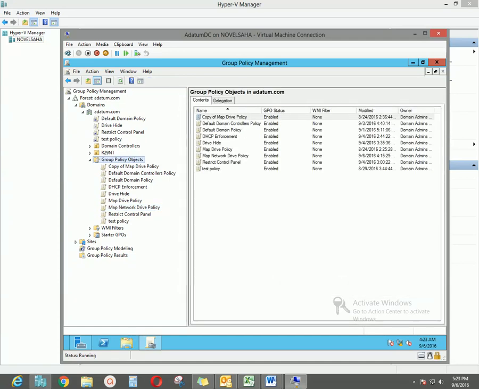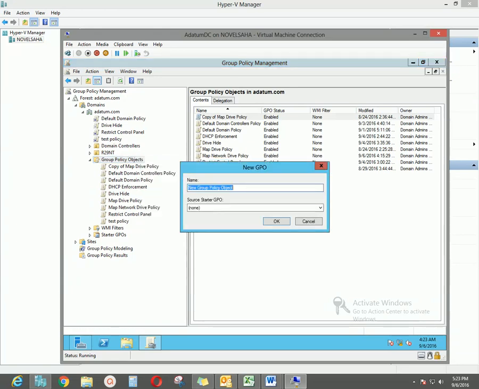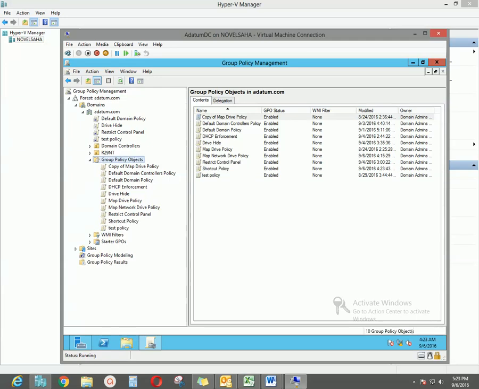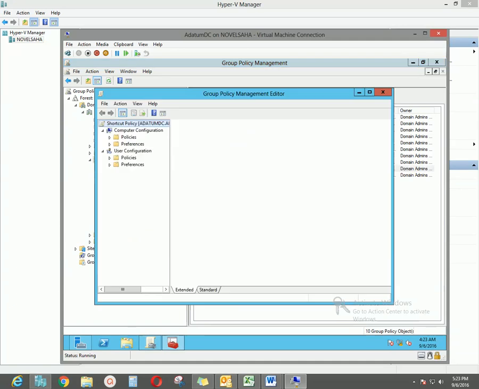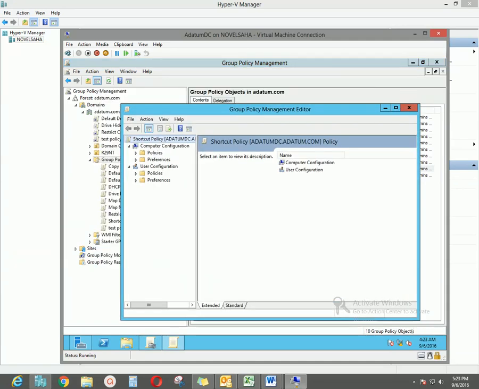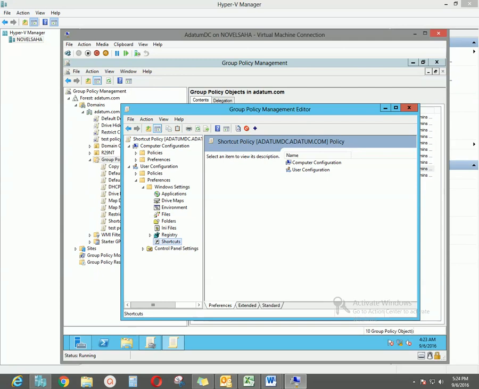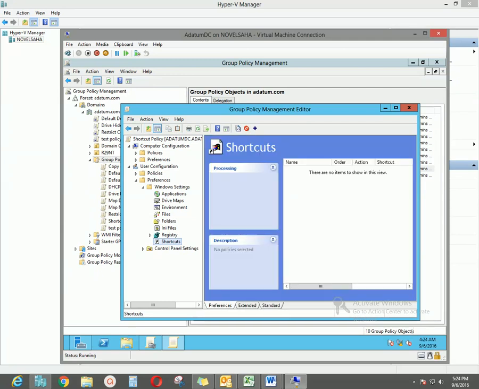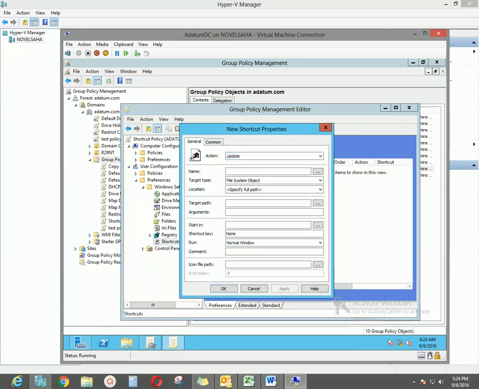Okay, and then in the group policy object section, let me create a policy, new, and name it like shortcut policy. Okay, right click the shortcut policy and click the edit option. Once again, shortcut policy we also get under the preferences of user configuration sections. Go to the Windows settings and then you can see the shortcuts. Okay, right click the shortcuts option, go to new and click the shortcut option, and here once again action,